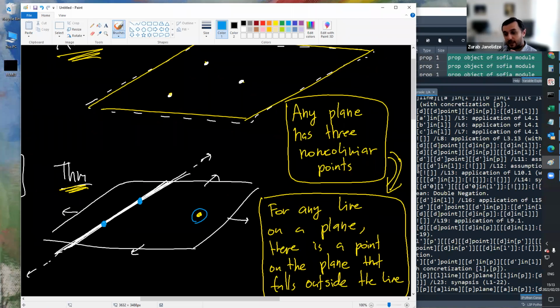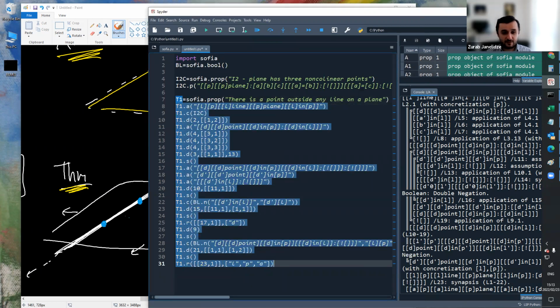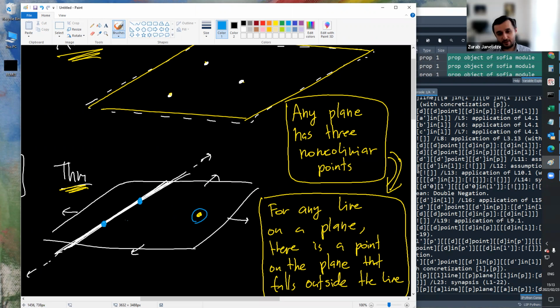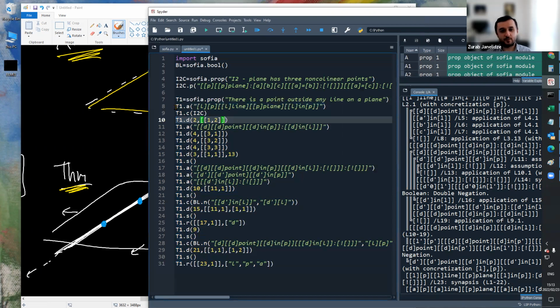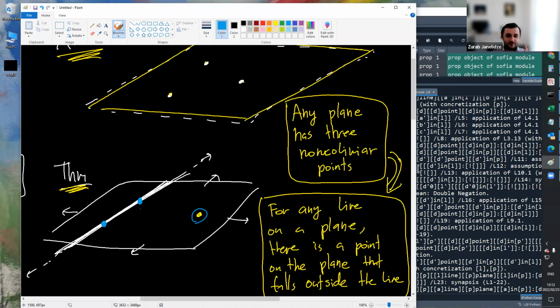Now, as obvious as this may seem, from the point of view of logic, there is a lot going on. This is how the proof looks, okay? And the fact that you were able to say what you said is because subconsciously your brain did all of this. Now we want to go into that subconscious and uncover the primitive steps.